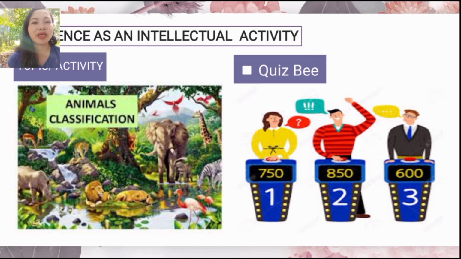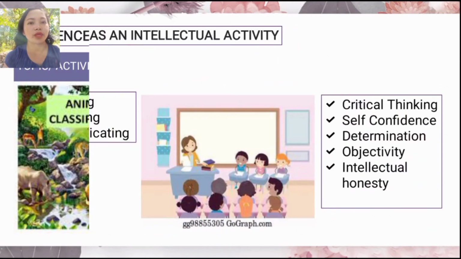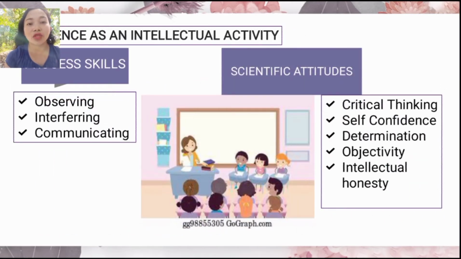Because quiz B really involves intellectual activity, and it also measures your intellectual capacity, because this involves how the student understood and comprehended the lesson, or how the student memorized it, or how those things are retained and instilled in their brains. So quiz B is an intellectual activity